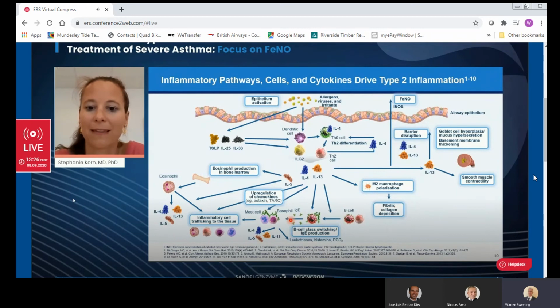However, as you can see on that slide, there are other very important cytokines in the type 2 inflammation pathway. Looking on the right-hand side of this slide, you can see that IL-4 and IL-13 have a particular role in FeNO production, and this will be part of the next few slides presented by Professor